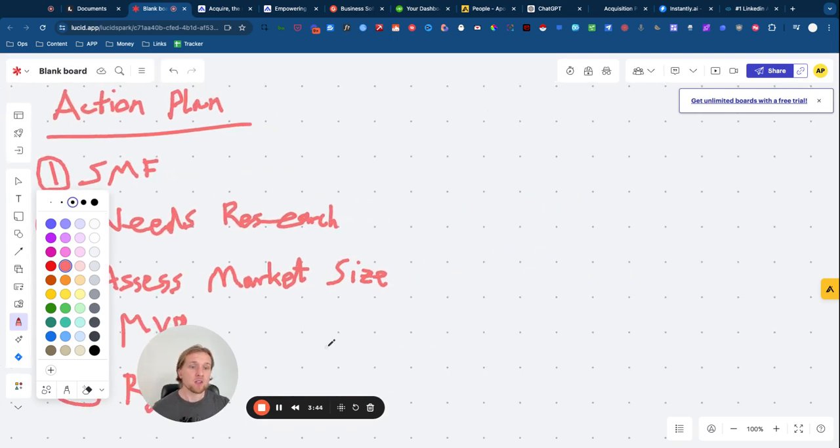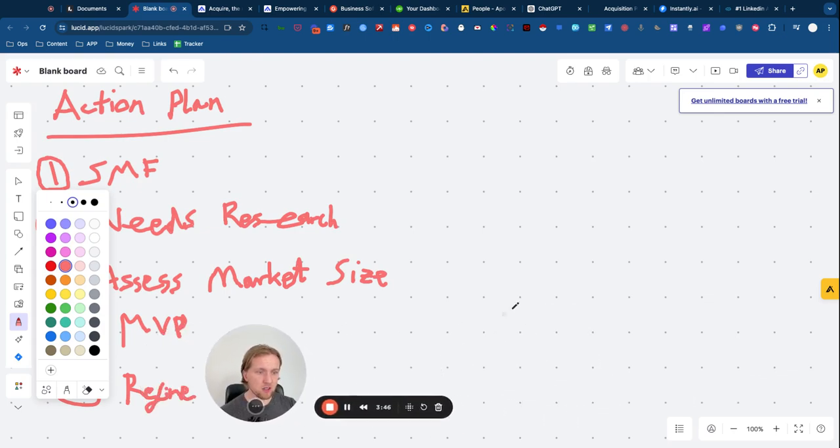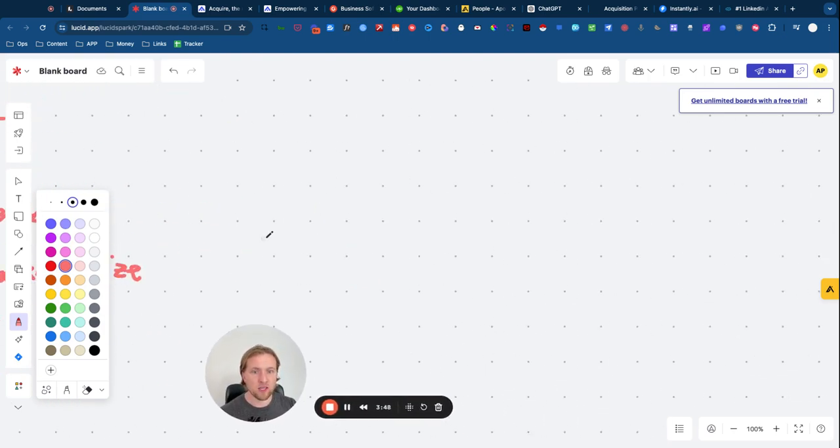So the first thing that I do when looking at an offer is I want to reverse engineer what's going to make me the most money and what's going to be the easiest for me to scale in terms of hiring employees and contractors to actually fulfill the service. I want to find something that I can charge high prices for and also have a high profit margin on when closing clients.